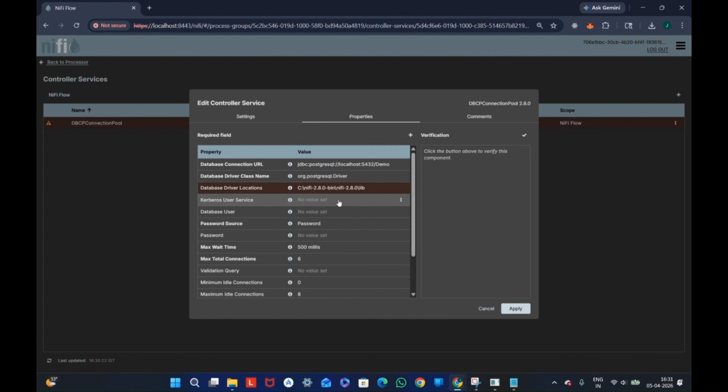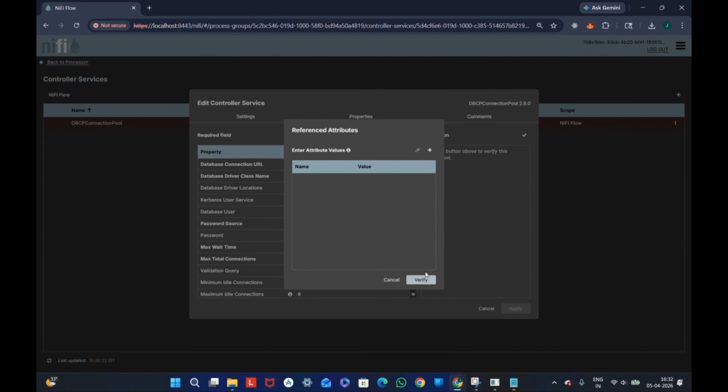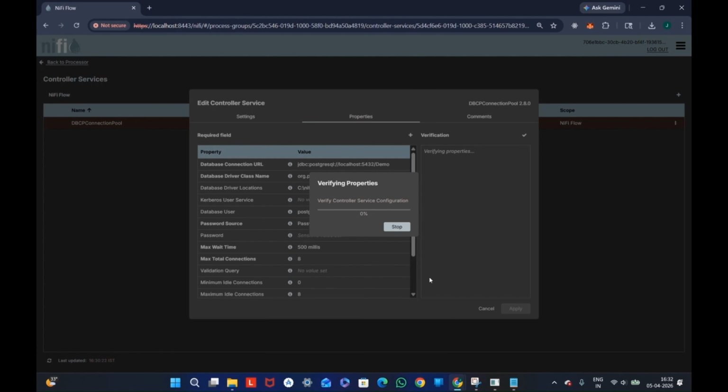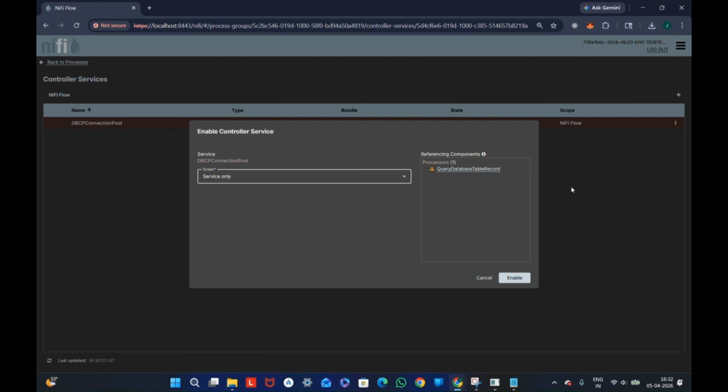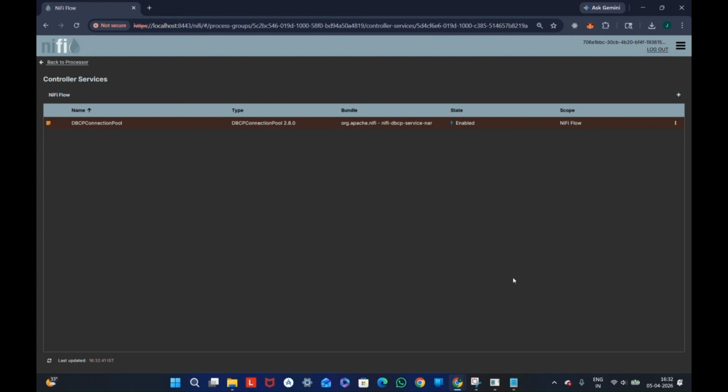Next, we need to provide the database username. For PostgreSQL, the default username is usually postgres. Then we need to provide the database password, which is the password you set during PostgreSQL installation. After filling in all fields, perform verification. If the verification results show success, it means the configuration is correct. Then click on the three dots and select Enable. Once the service is enabled, it means the database connection service is working properly. Now return to the